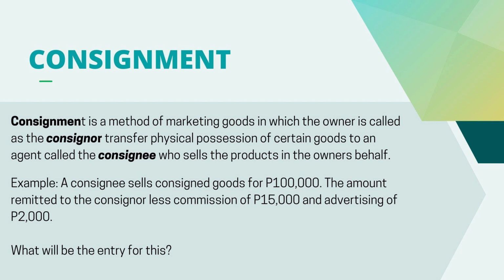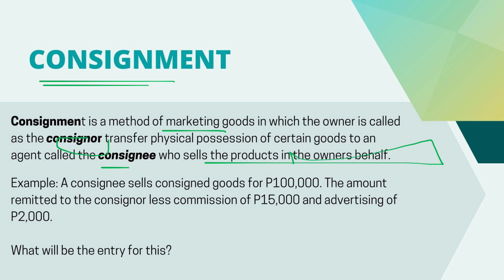Consignment. Right? So what is consignment? Consignment is a method of marketing goods in which the owner is called the consignor. The physical possession of the goods is with the consignor. However, there is a transfer of possession of certain goods to an agent called the consignee, who sells the product on the owner's